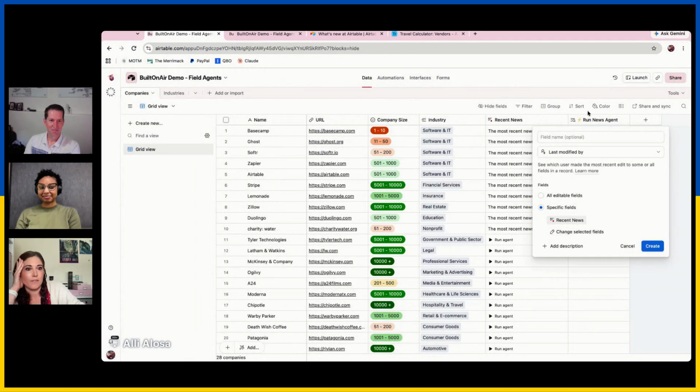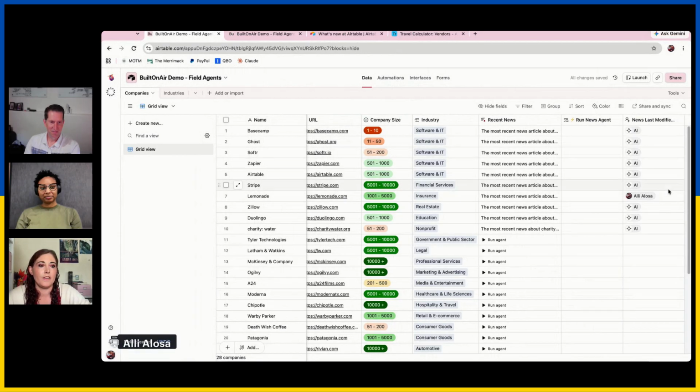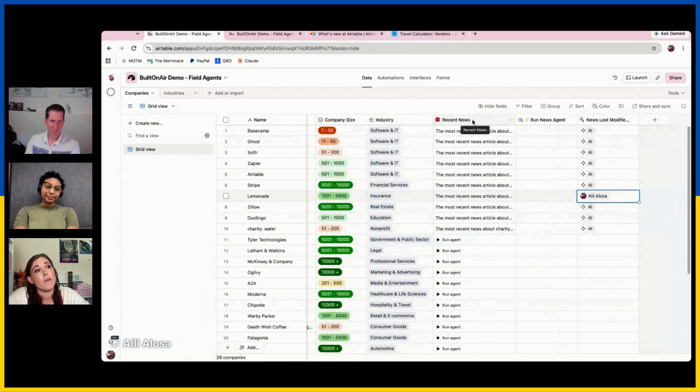you could add a last modified by field. And so AI shows up as a user, quote unquote. So you could include in your trigger, like in your case, to only rerun if AI was the last person to touch it, person again in air quotes. That would be a workaround for that. Kind of a little bit messy, but